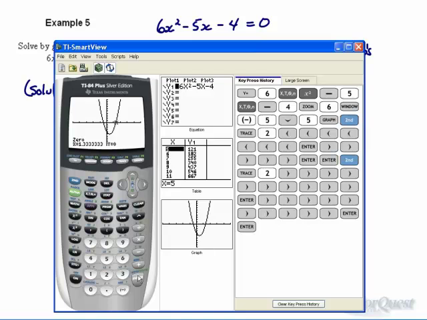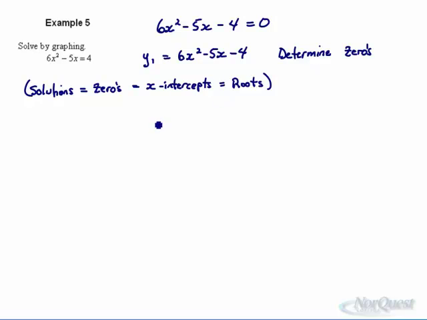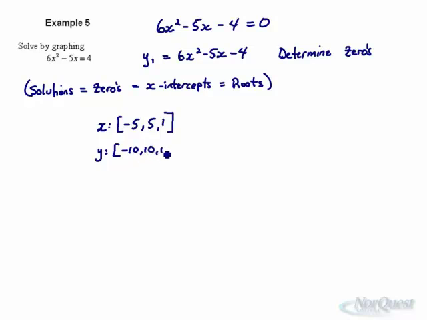So I'm just going to take the calculator off the screen for now and write my solutions. Now when you solve by graphing, what you always do is state your window settings. I used -5 to 5 and a scale of 1 on my window settings. One thing they always ask on diploma exams, if you're going to use your calculator, which is fair game, is that you include your window settings so that your work can be checked. And then when you state your zeros, the solutions are